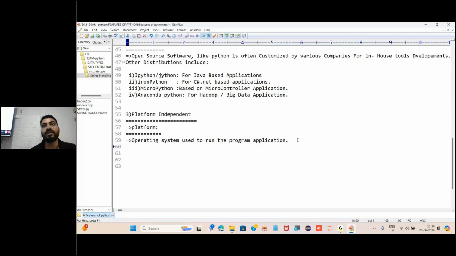C programming is a platform dependent programming language. That means it can only run inside a single operating system. If it is Windows, it can only run inside Windows. We can't run it inside Mac or Linux operating system. It depends on the operating system.